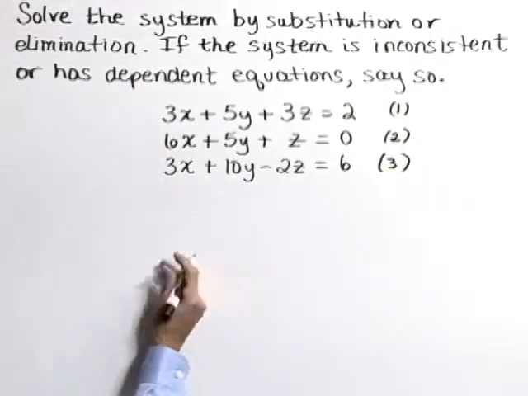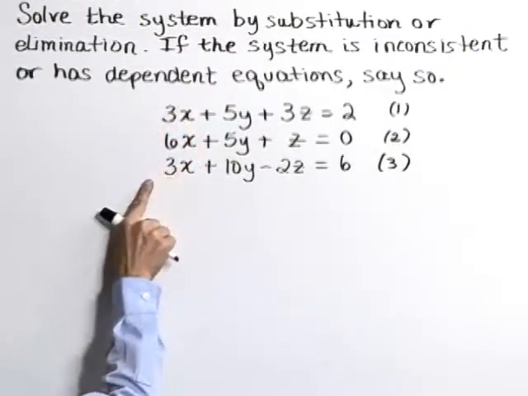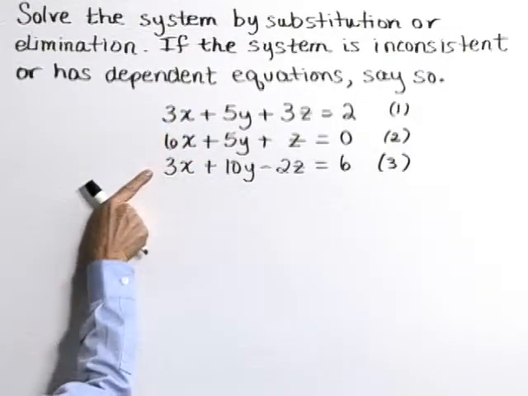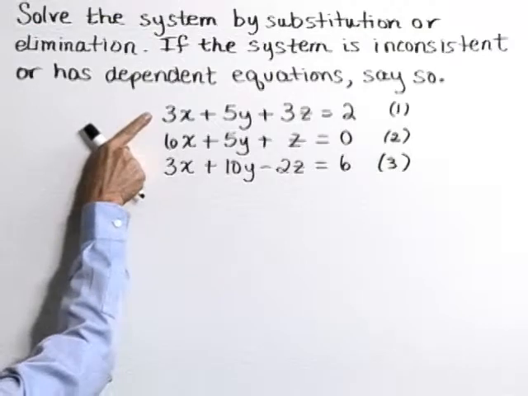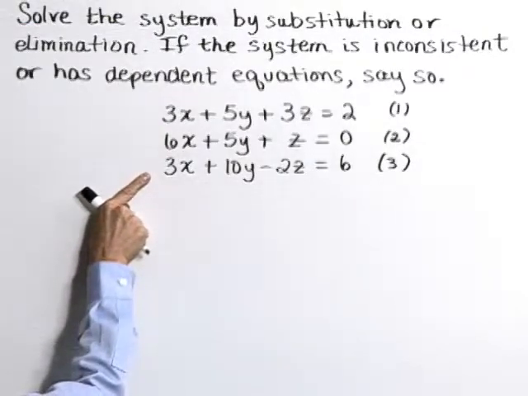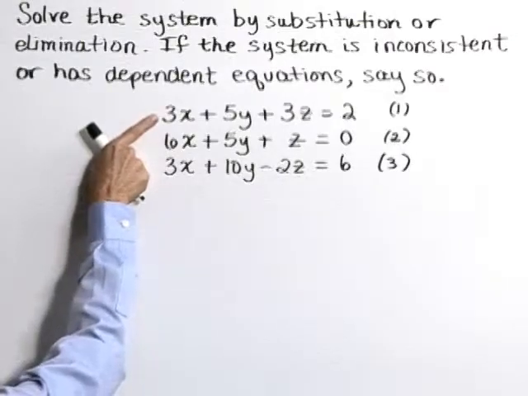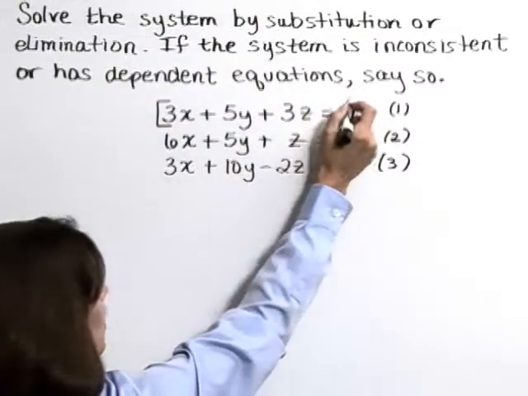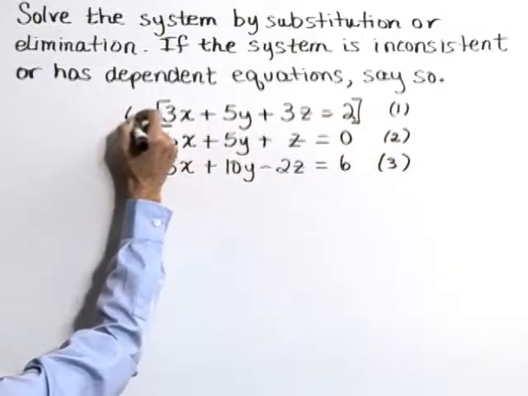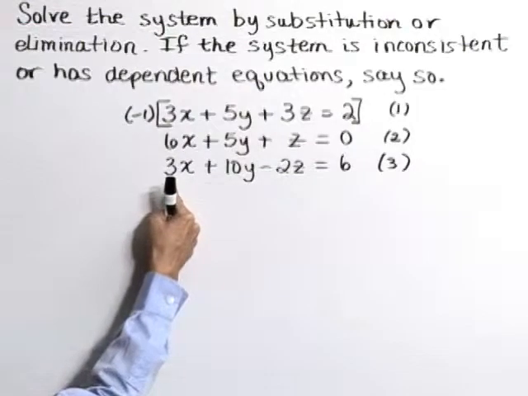Now, we're going to choose to eliminate a variable, and I'm going to pick on this variable x because our coefficients are going to be pretty easy to work with. Now, let's choose equations 1 and 3, and let's eliminate the variable x. To do that, we need to fix one of these equations. I'm going to multiply equation 1 through by a -1 so that we can create coefficients here that are additive